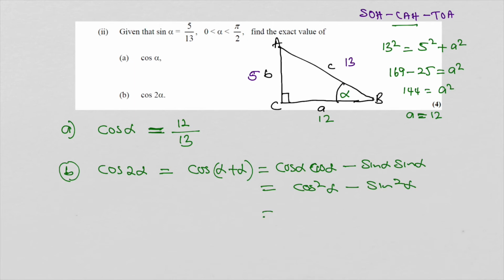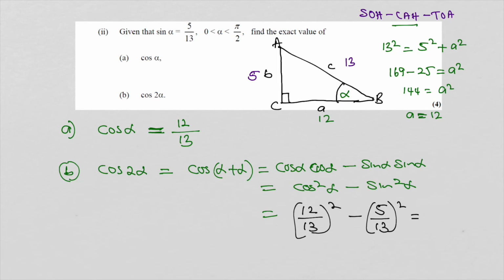And that can be written as, well, cos alpha we know what that is now, so that's 12 over 13, and if you square it, minus sine alpha is 5 over 13, and if you square it,